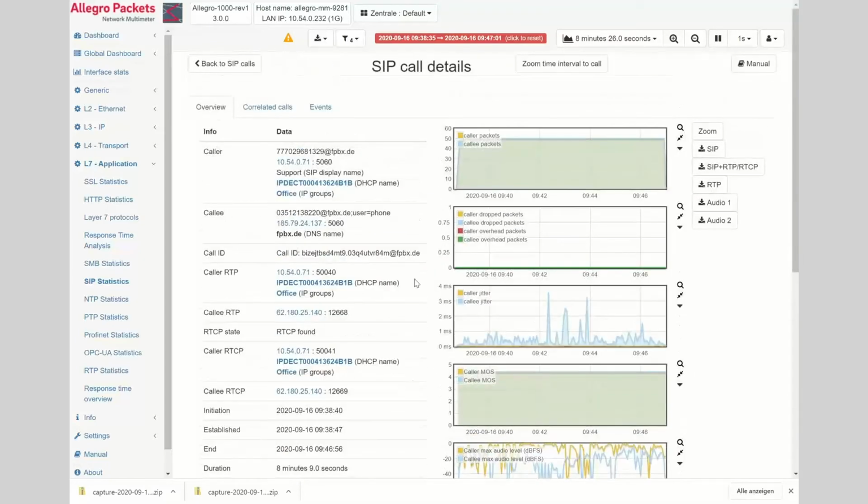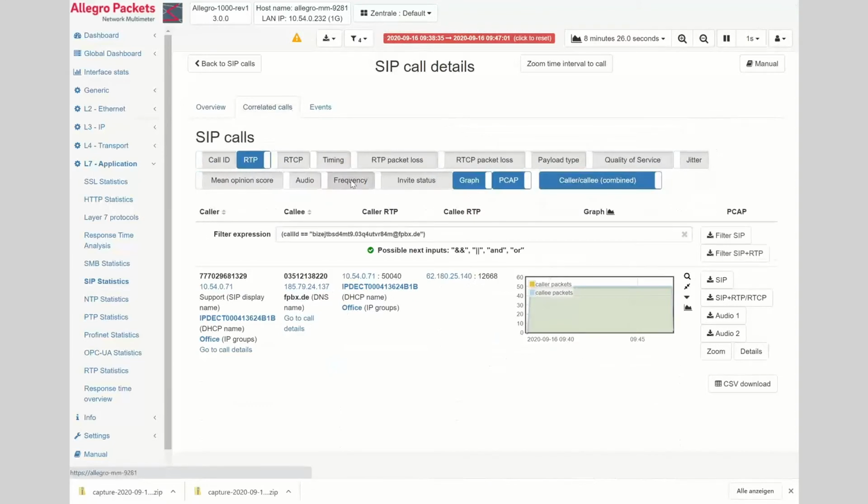So we added that. Last but not least, for some providers, we added the feature to show correlated calls. This is very important if you measure before and behind an SBC. So you have a session border controller which terminates SIP connections and forwards them to other SIP providers, for example. In that case, if you have a call, you can see correlated calls, which have the same call ID, or there are some other metrics, of course, to do that. In that case, you can see on one page a call and all other calls, which share the same call ID.